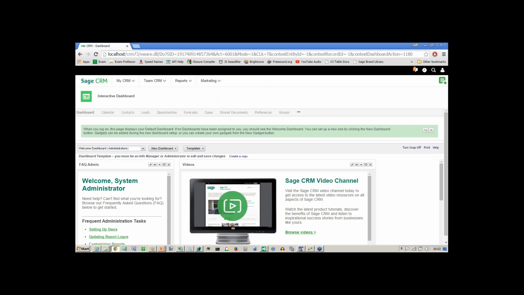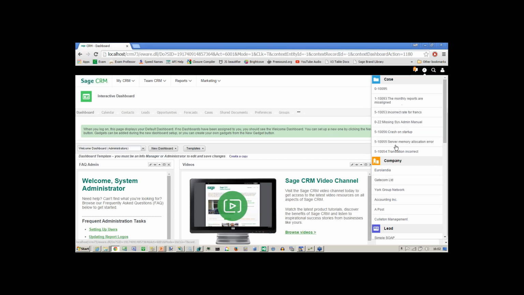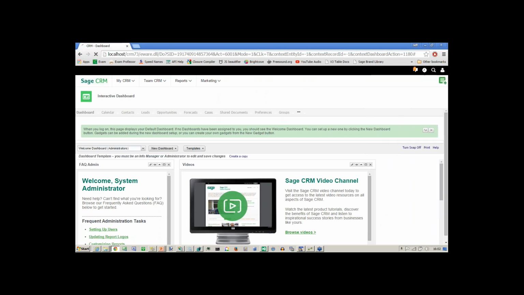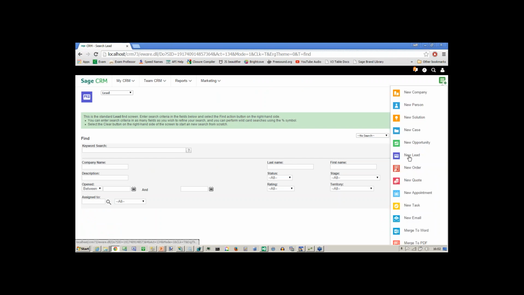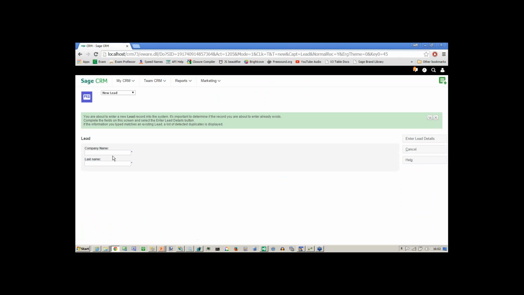Consider this. Here I'm working with the interface. I've logged on as a system administrator. I can go now into the different screens. I can go and think about leads. I might want to search for leads. I might want to actually create a new lead. There we are. Look, if I create a new lead, I can determine that what I want to do is